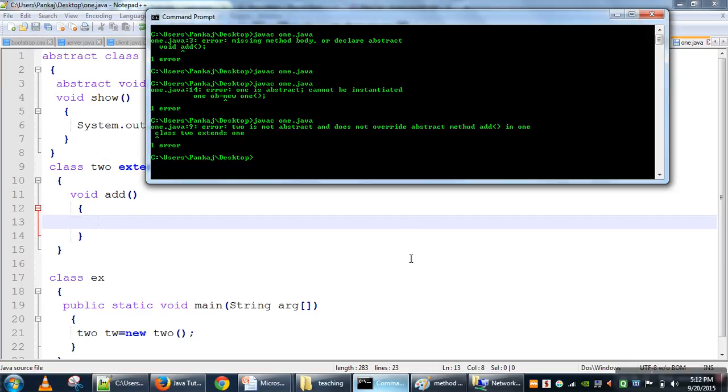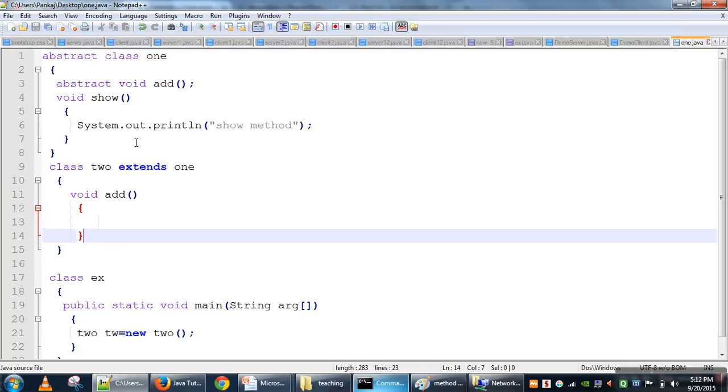Now if we compile this one, it won't give any error. So the important property of abstract class is that we cannot create an object of this class. An abstract class is a class having one or more abstract methods. Abstract methods are only declared, not defined, and use the abstract keyword.